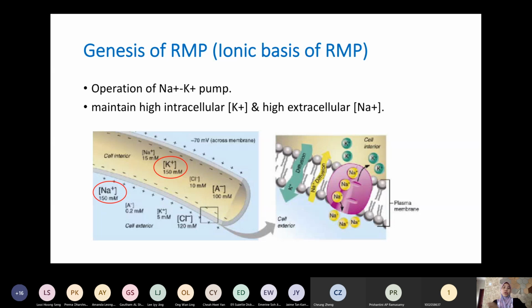Alright, so let's take a look at this image. This is the inside of the cell. This is a transmembrane potential. Why do we call it a potential? Because there is a charge difference between the external environment and the internal environment. So we have a sodium and potassium pump. And we know that the potassium is always leaking out of the cells. So when the potassium leaks out and the sodium is coming in, it causes the inner environment of the cells to be much more negative during resting membrane potential.